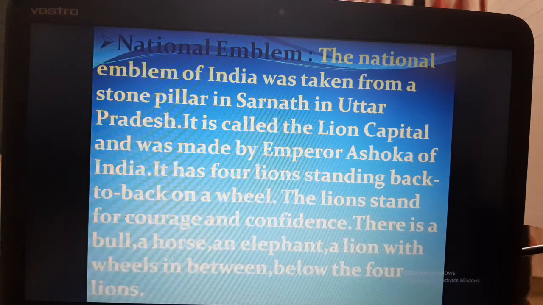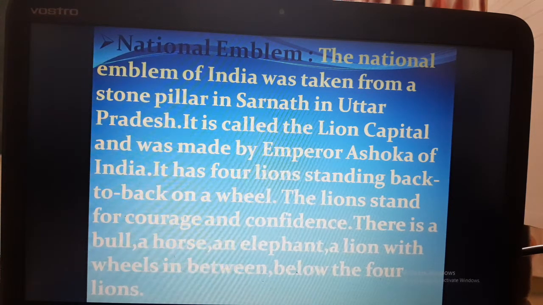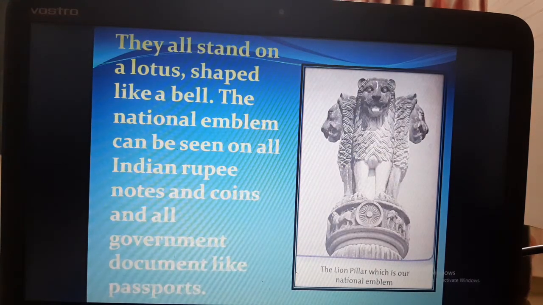The lions stand for courage and confidence. There is a bull, a horse, an elephant and a lion with wheels in between. Below the four lions, they all stand on a lotus shaped like a bell. The national emblem can be seen on all Indian rupee notes and coins and all government documents like the passport.